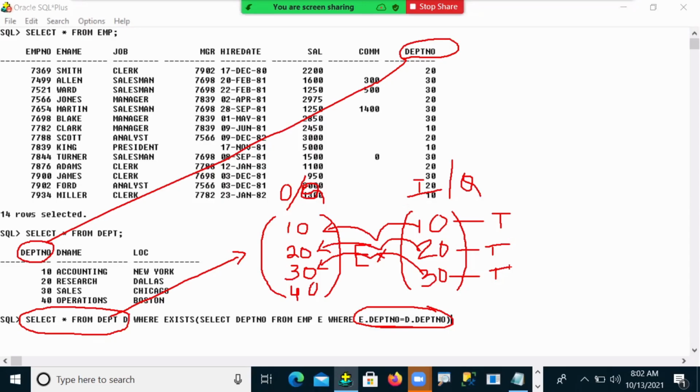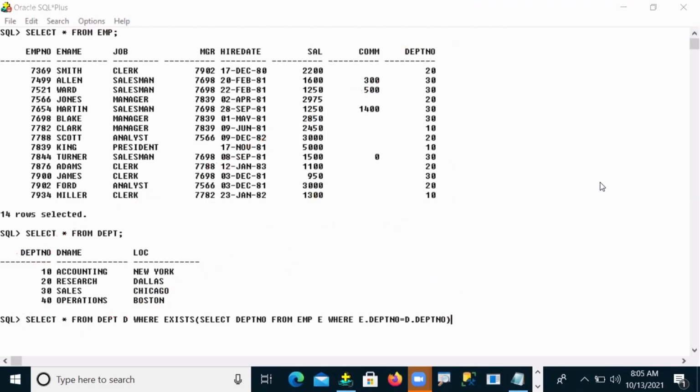So whatever was there, the exist operator returns true. If your value exists, it returns true. If not, there is no return value. So finally, 10, 20, 30. Let me execute now.